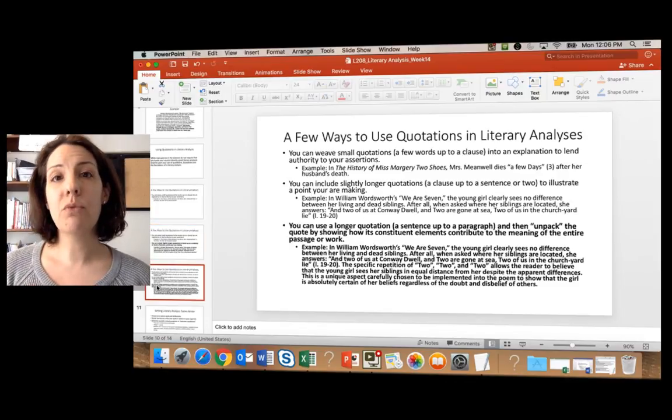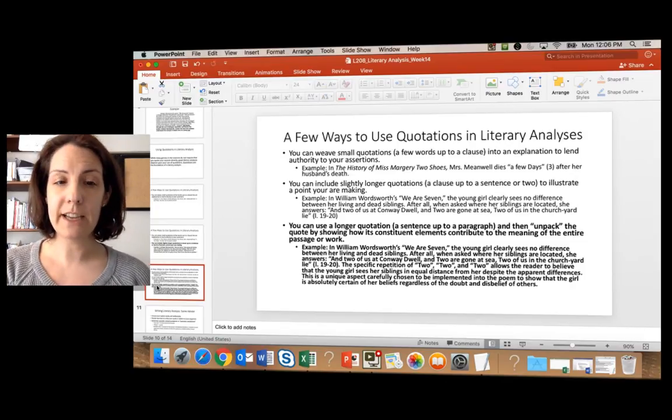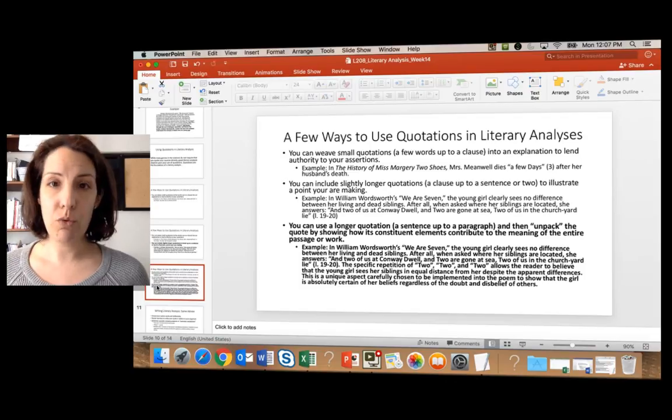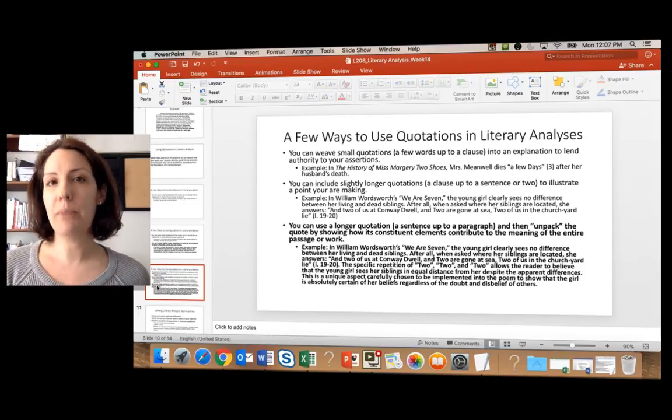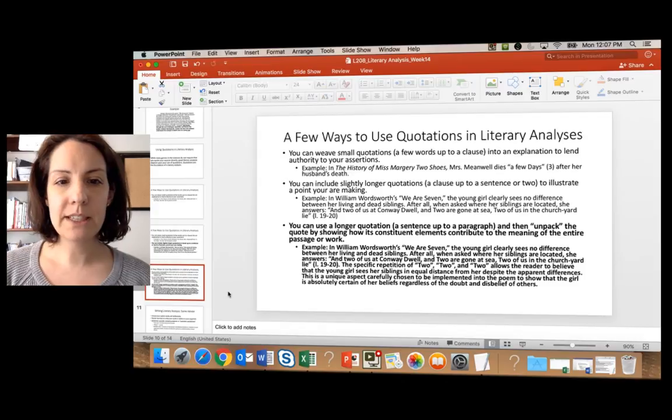So I'll give you an example of what this last, more robust kind of literary analysis looks like. First of all, you can use a longer quotation, which is a sentence up to a paragraph, and then unpack the quote right after you've included it by showing us how its constituent elements contribute to the meaning of the entire passage or even the entire work. So here's the example.